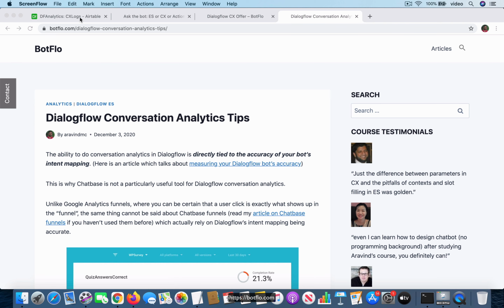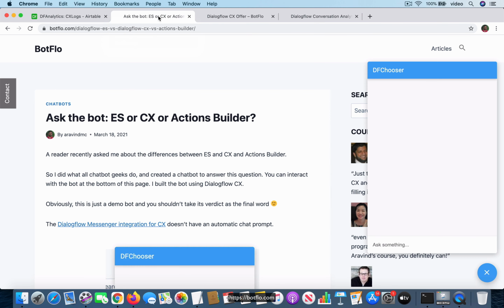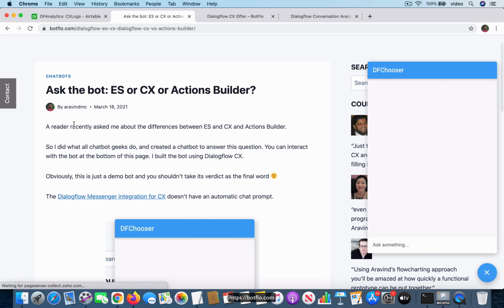So here is the Airtable table I have, and what it's actually doing is it's collecting conversation logs from this Dialogflow CX based bot I have built on my site. What is the bot about? It allows you to choose between Dialogflow ES and CX and Actions Builder, and you interact with the bot, it will ask you a few questions,